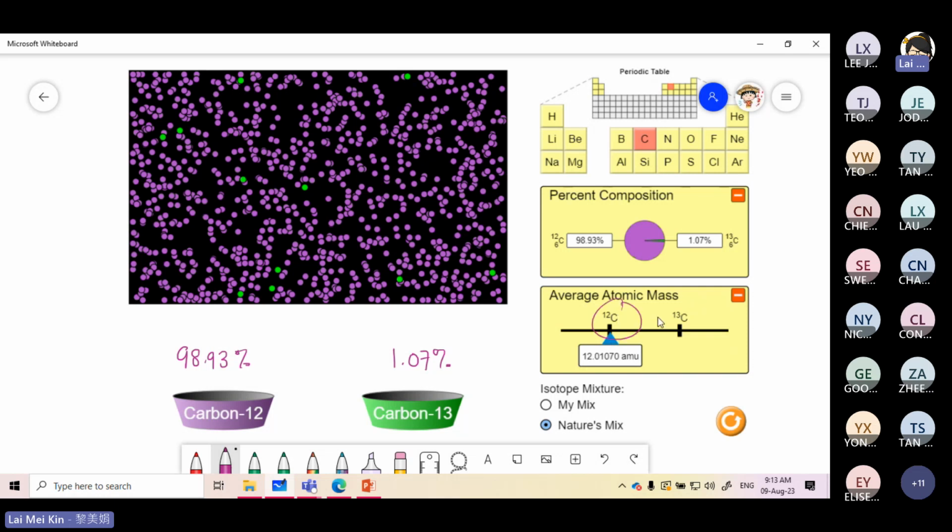Teacher, why are you telling this? It's too simple. Remember yesterday in question 3, we did some examples, something like how much is the percentage abundance of chlorine 35? How much is chlorine 37? And given the value of relative atomic mass, you have chlorine 35, you have chlorine 37, and the relative atomic mass is 35.5. In relation to what I have explained just now, can you tell me, with the relative atomic mass,